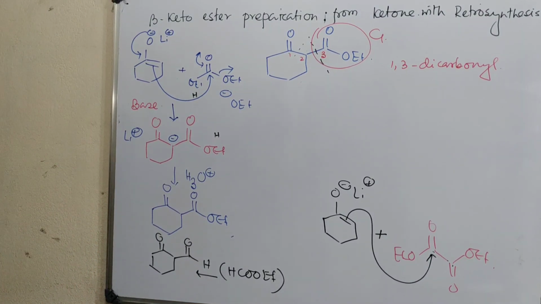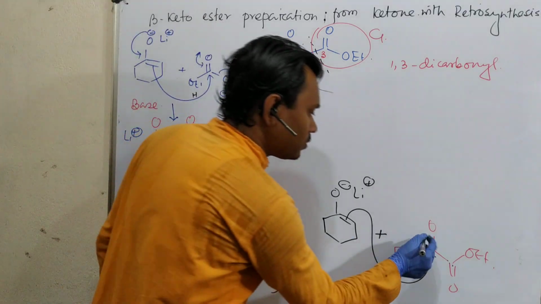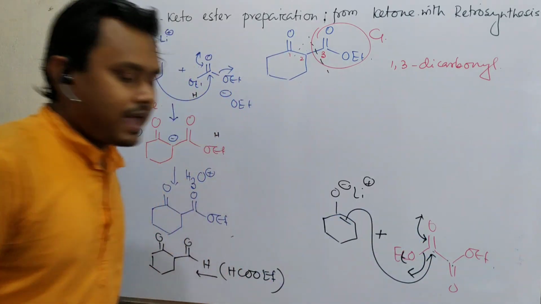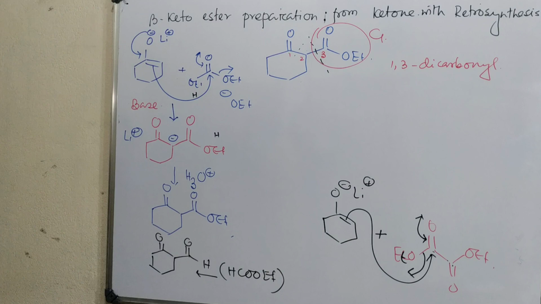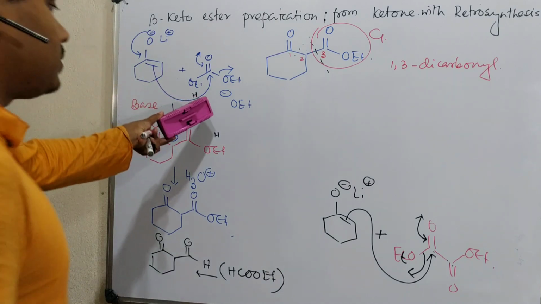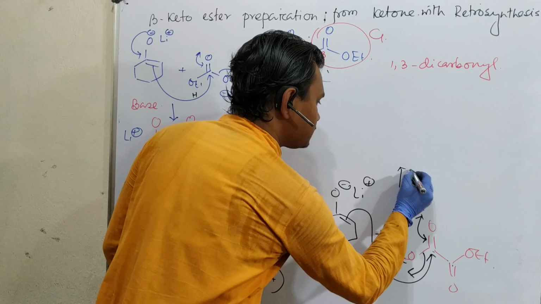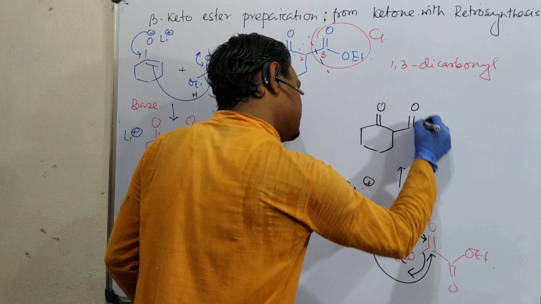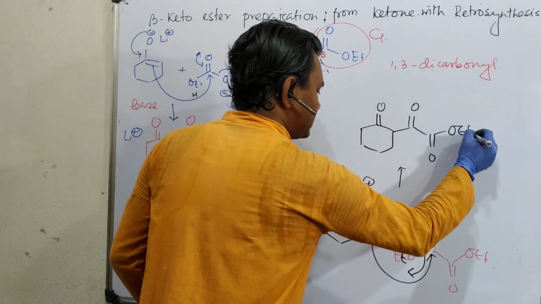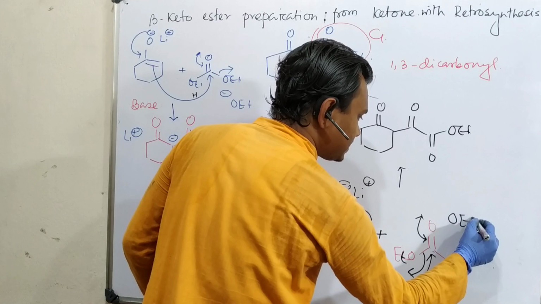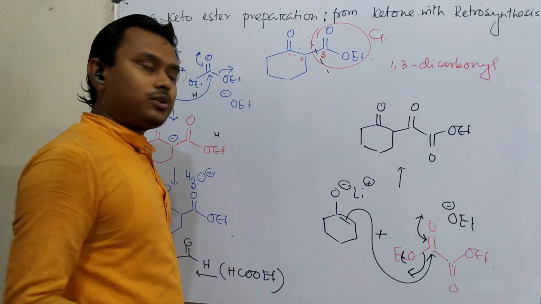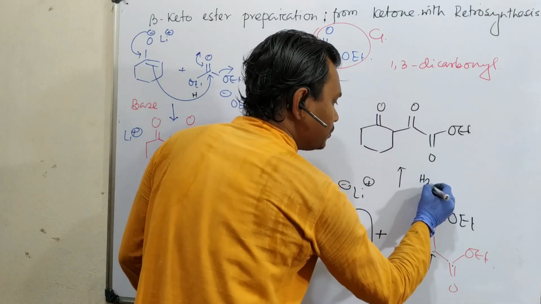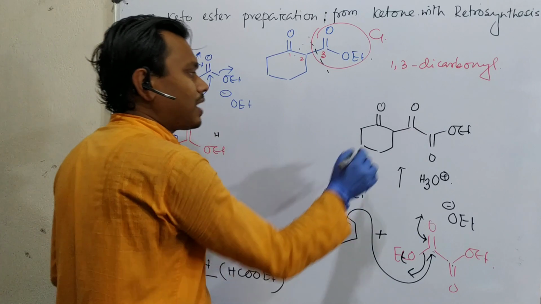If it attacks, what is the consequence? As we know, it will open up this, and this OEt will leave, as it happened in the case of the previous example, like this one. So what will it result in? It will result in this double bond. The similar story here, OEt minus is generated. So that will abstract this proton. Similar story like this. So a workup with dilute acid is essential in this case. Fine. So ultimately this will result.